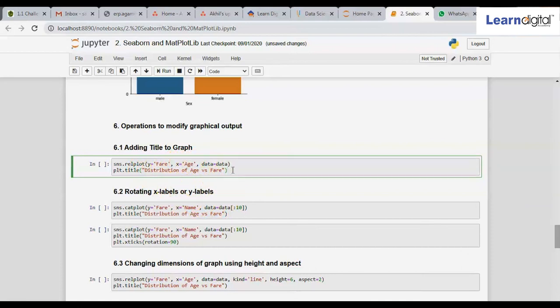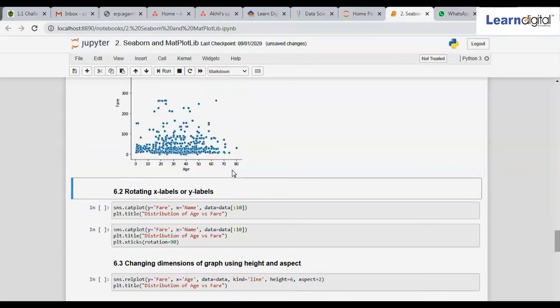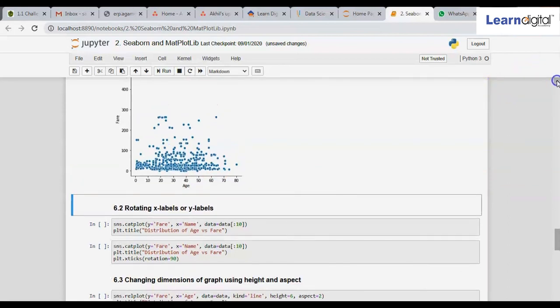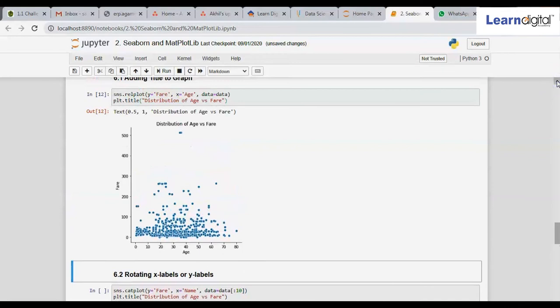If you execute this, you will see how it will be represented. As you can see on the top, the title is there as distribution of age versus fare.